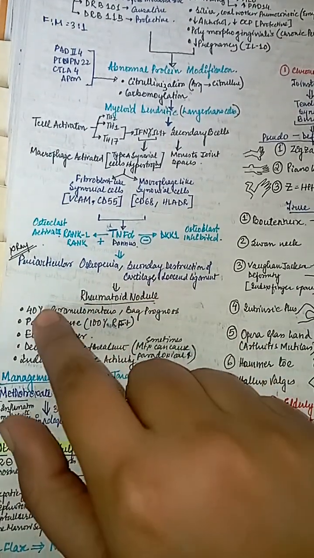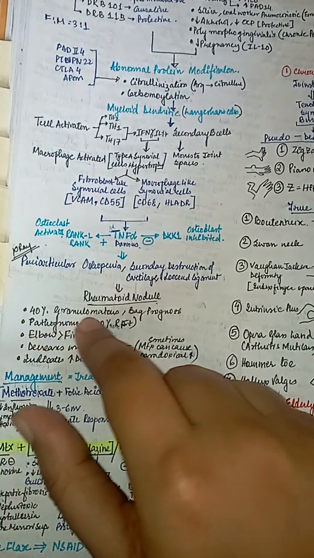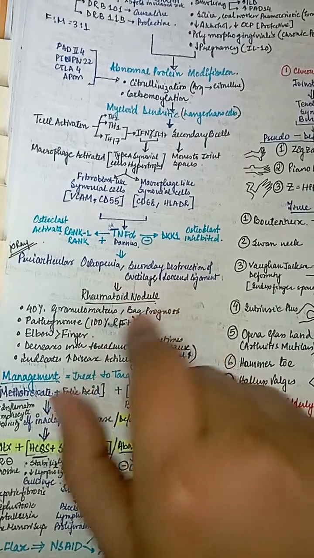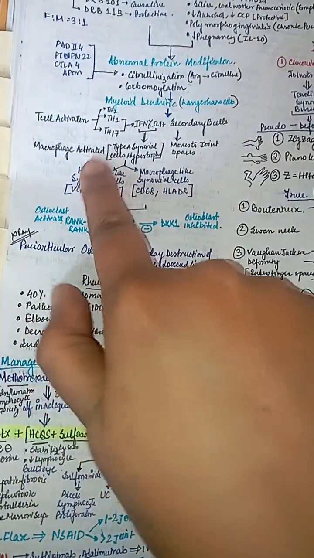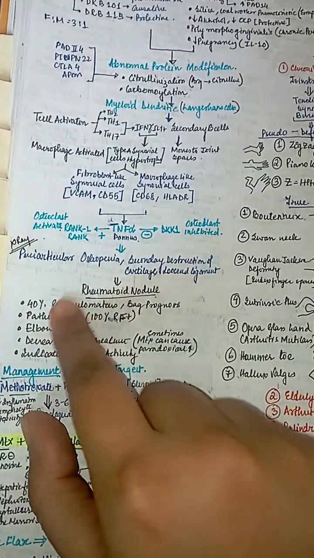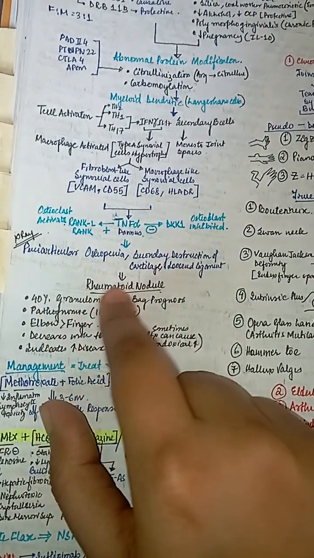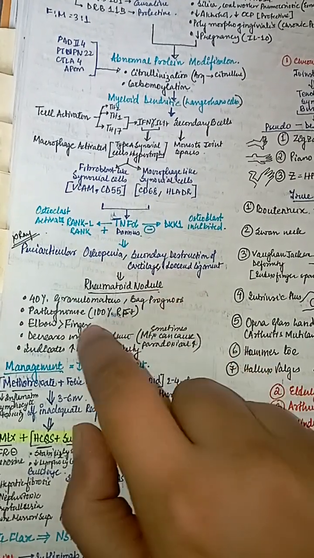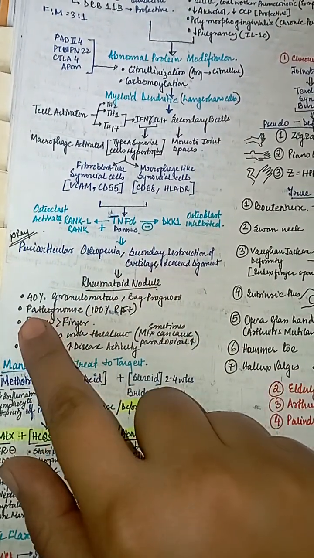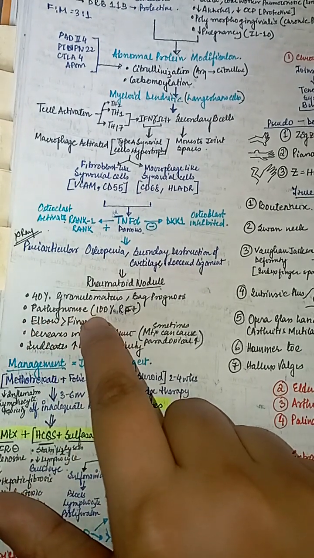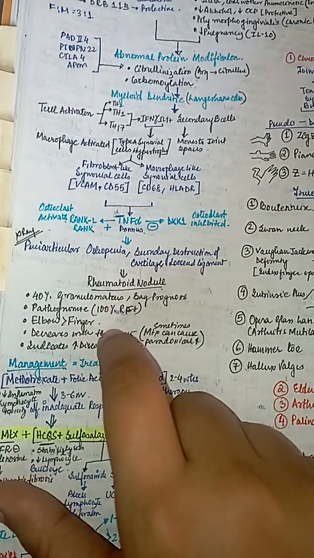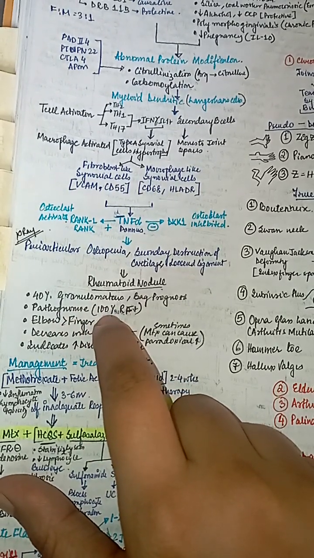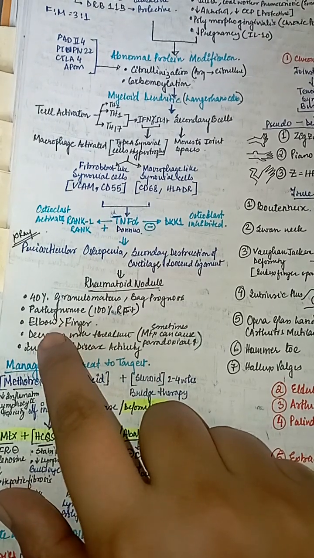Rheumatoid nodule is therefore made up of 40% granulomatous. In 40% of these rheumatoid nodules are granulomatous because fibroblast cells and macrophage cells are present and TNF alpha is being produced. So granuloma formation, and this granuloma is bad prognosis because it is very much immunologically active, and these rheumatoid nodules are pathognomonic of RA because it is 100% rheumatoid factor positive.